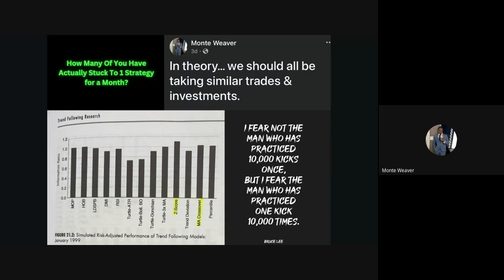This is in the book, a picture that I took of the book that I'm reading. Now these are all different strategies. You've got RSI, Z score, moving average crossover, trend deviation. Can we not see that most of them are performing similarly? If we're looking at 0.8 to 1%, most of these strategies fall within that range. So all of them are doing basically the same thing. Your goal should be to pick one strategy, focus on it, and make it as best as it can possibly be. The book is called Trend Following by Michael Covel.